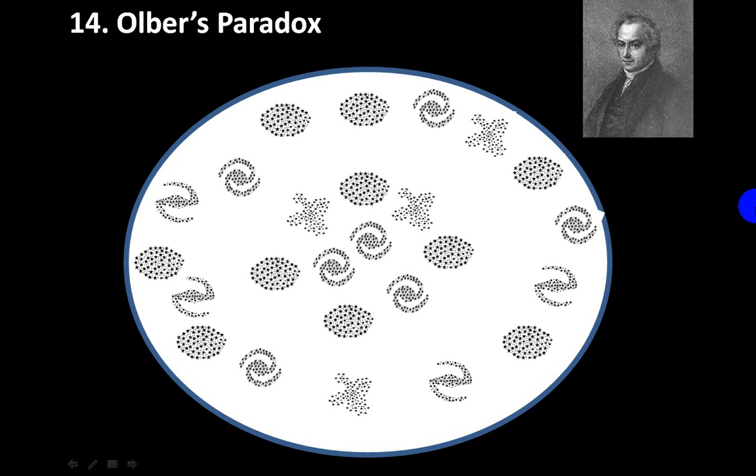Then every line of sight would end on the surface of a star, and the whole sky would appear as bright as the surface of a star. Scientists calculated there would have been light 40,000 times brighter than the sun at noon. Where was the light going? Why is the night dark? Nobody before Hubble's discovery could answer why the night was dark. So it was a paradox named Olbers' paradox.